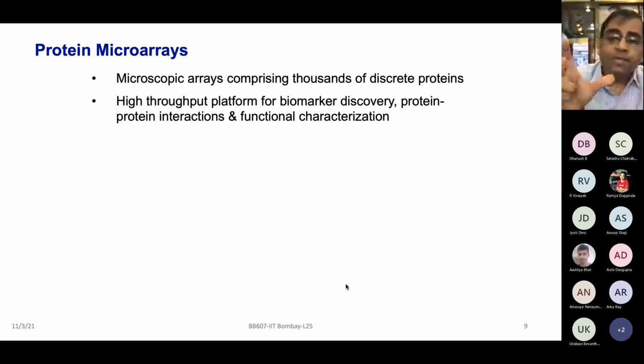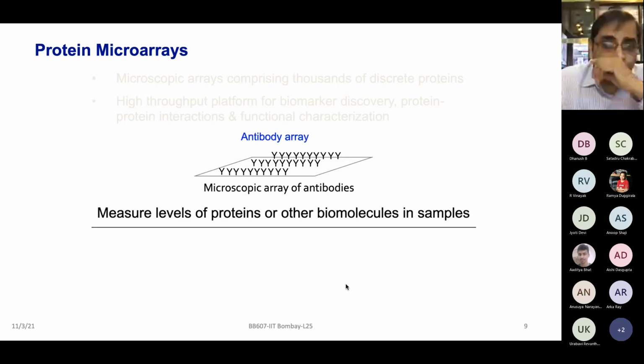And these proteins or peptides or antibodies could be utilized as protein arrays, peptide arrays, or antibody arrays for various applications in biomarker discovery, protein-protein interactions, functional characterization, etc. The popular way of starting the protein microarrays was antibody arrays. And here the idea was, if you have robust antibodies against different proteins of interest, if you can print